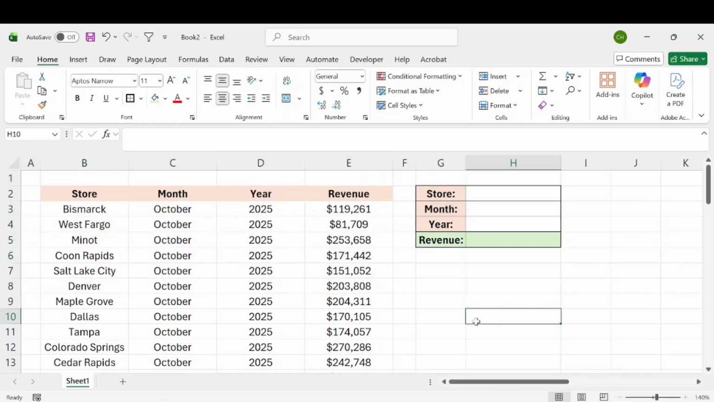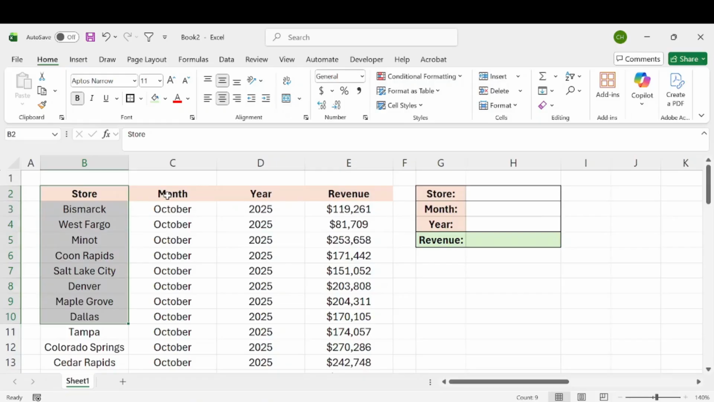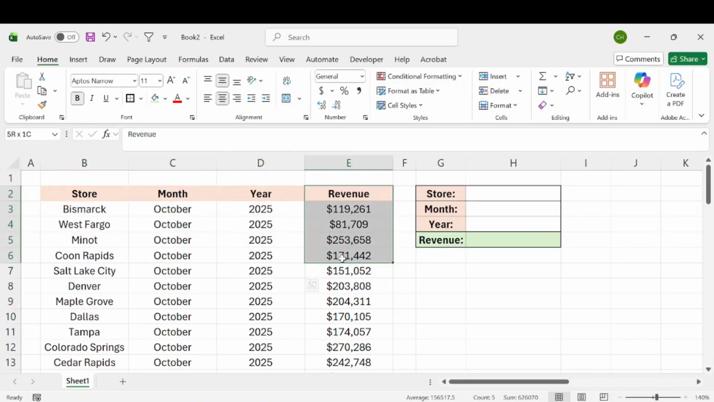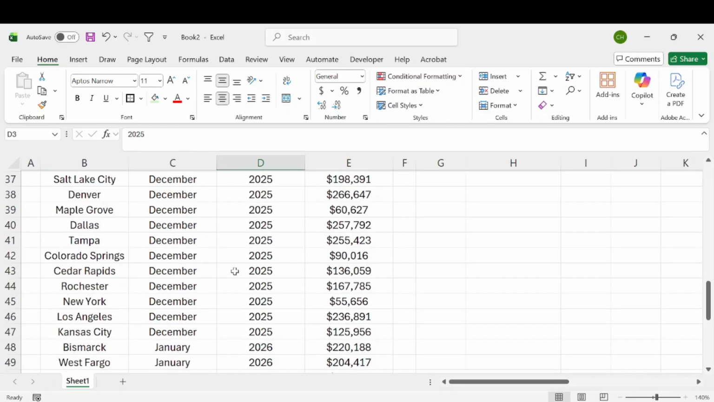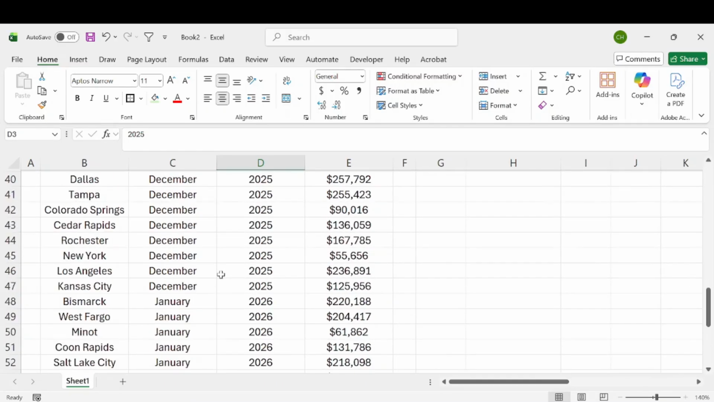All right, let's talk about how you can use XLOOKUP with multiple criteria or multiple conditions in Excel. So today we have here in columns B through E some random data. We have some store names, the month, year, and the revenue they made for that month and year. And we just have a big list here, and we can see that there are different months, years,